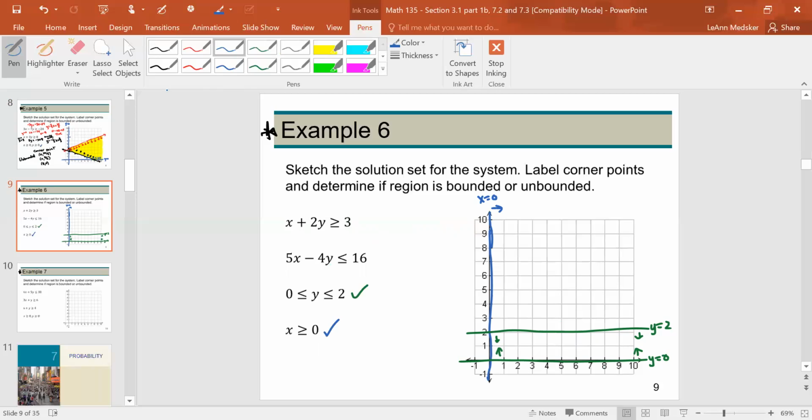Now we want to graph our other lines. So let's start at the top. This would be 2y is equal to negative x plus 3. So y equals negative 1/2 x plus 3/2. Another way to do this one, though, is to find the x-intercept, which would be x equals 3, and then use our slope that way. So you can do either plot the 1.5 and do the slope, or you can use your x-intercept if it's on your grid. So this would be up 1, left 2, up 1, left 2,